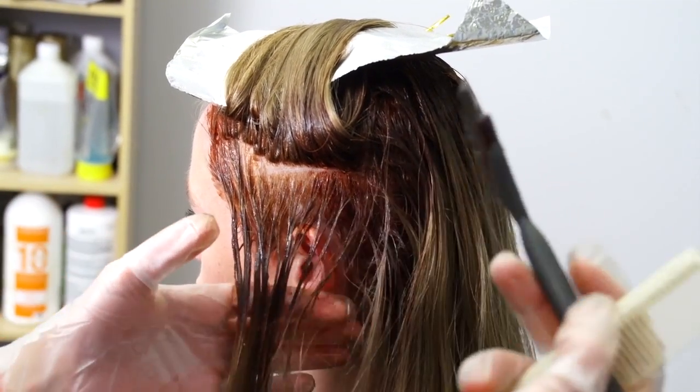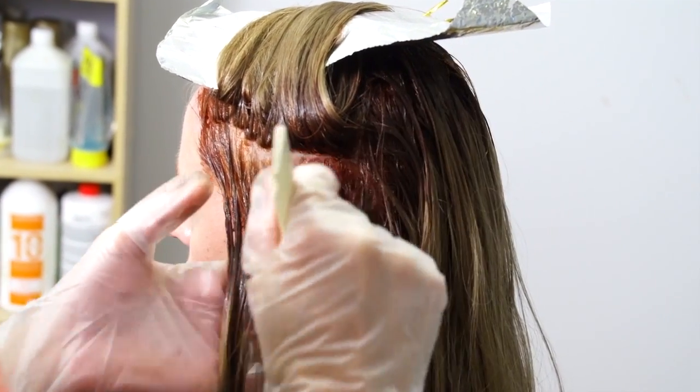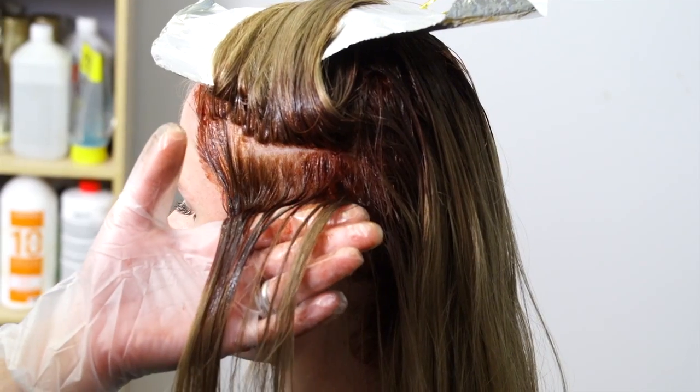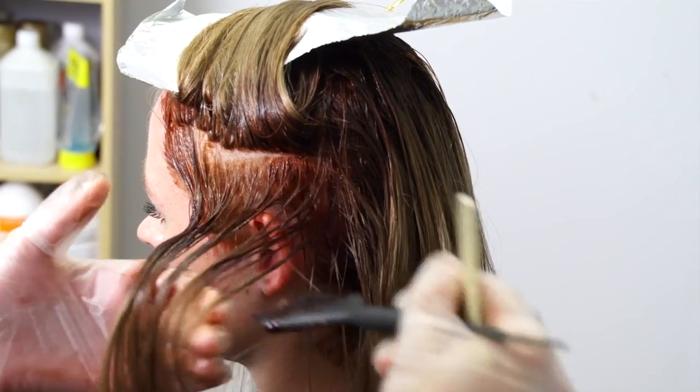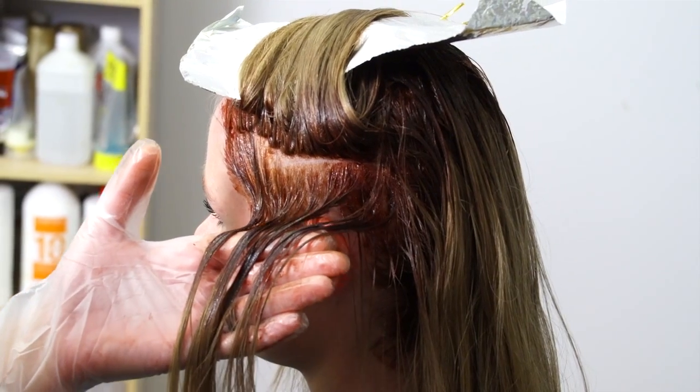And I'm going to work through this section and finish all of it because I don't want to go through all of the hair 4 more times. So I'm going to dust the brush on the RC, get it down, work it just a little bit into it. Then I'm going to move on to this 9 orange red